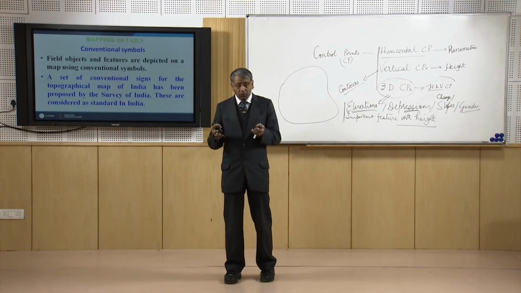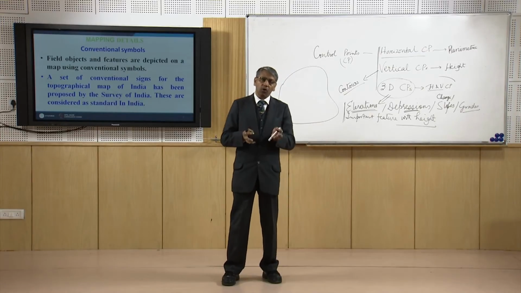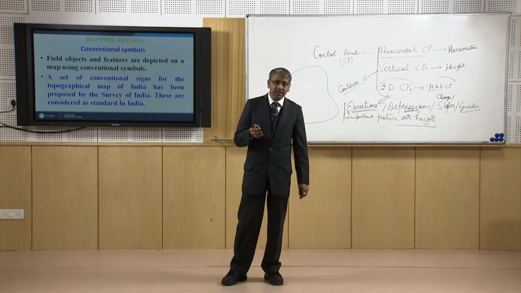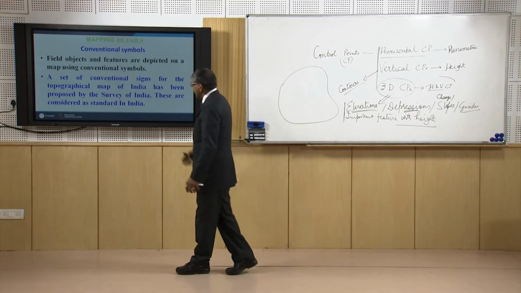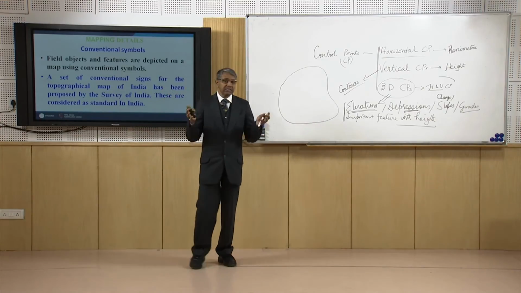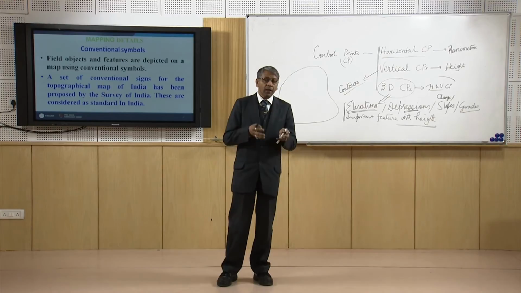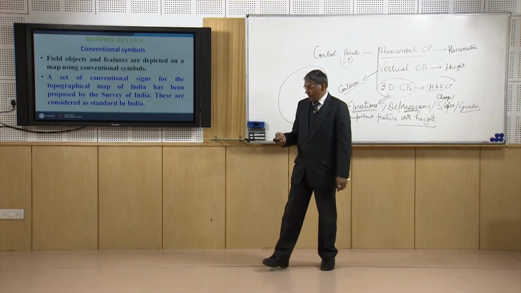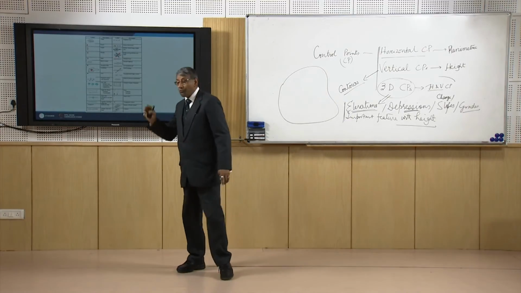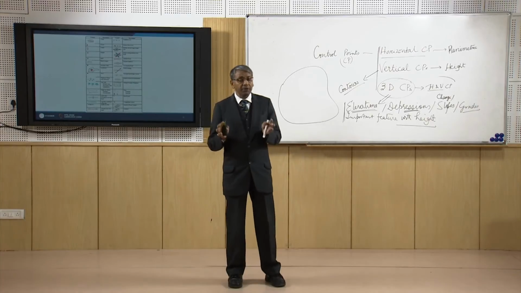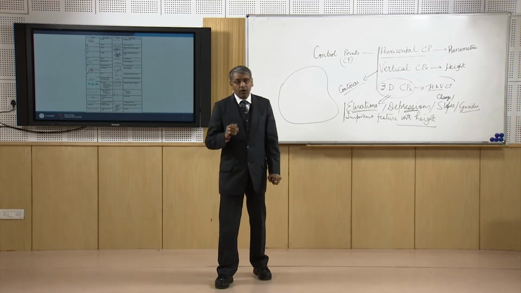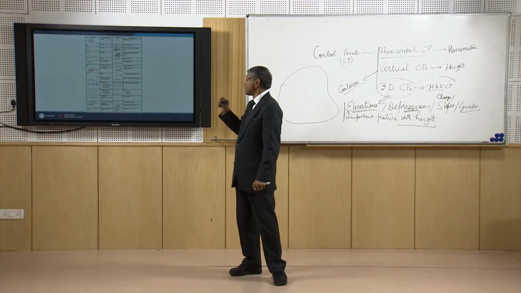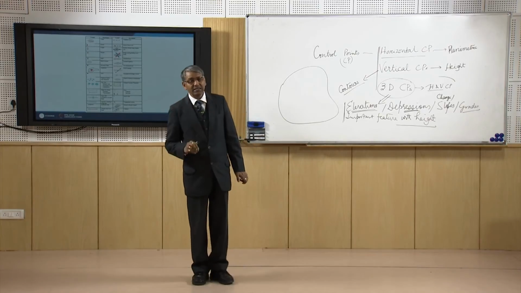Now, all over the world, each country has its own standard list of symbols and lines which represents the particular cultural details of the area. Similarly, India also has its own set of symbols as well as linear representation, and the Survey of India provides that list. So whenever we go for mapping and planimetric positioning of objects or features on the surface of the earth, that has to be represented through the list of symbols given by